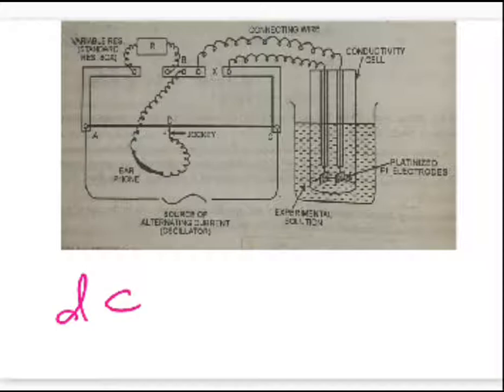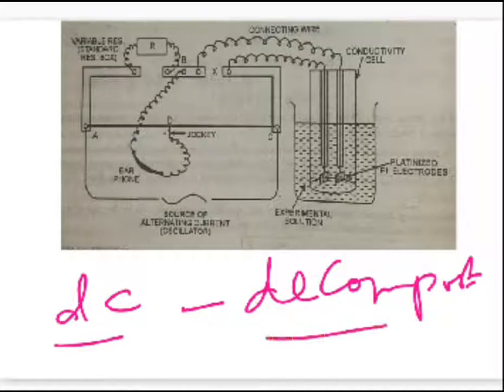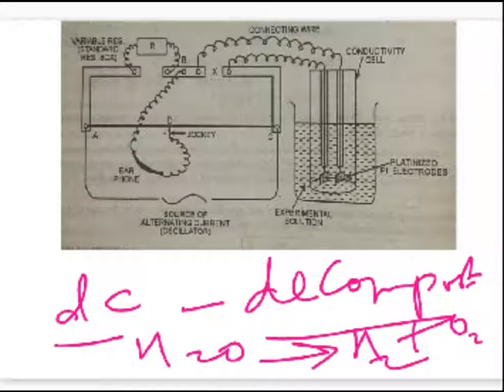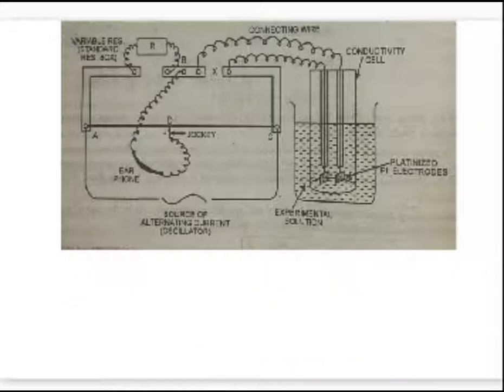However, when we use direct current, it results in electrolysis of the solution. What do you mean by electrolysis of the solution? In simple terms, electrolysis is decomposition. So DC, decomposition. If you consider water as a solvent and you are passing an electric current through water, it will tend to decompose into its constituent elements, that is hydrogen and oxygen. Or in other words, if you are talking about an electrolytic solution, then an oxidation-reduction reaction takes place within the system due to the DC current.